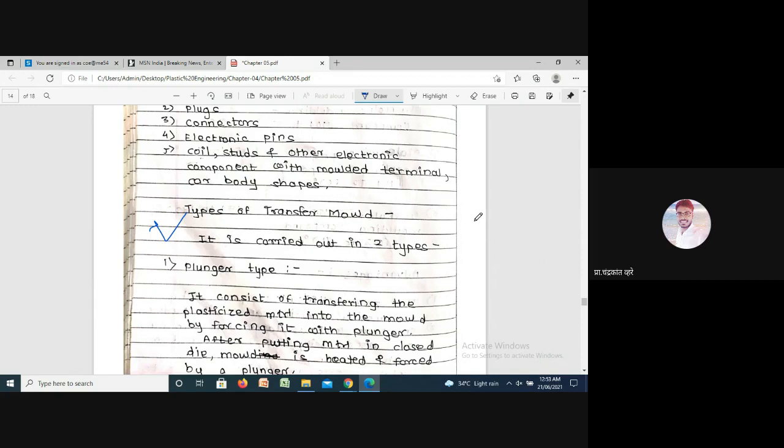Majorly, there are two different ways or types by which we can carry out the transfer mode process. First one is the plunger type.